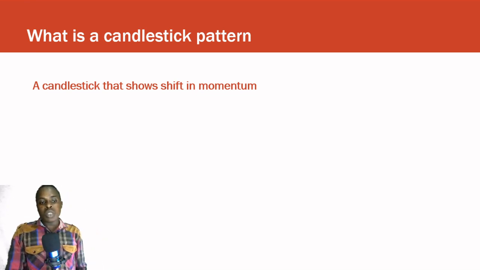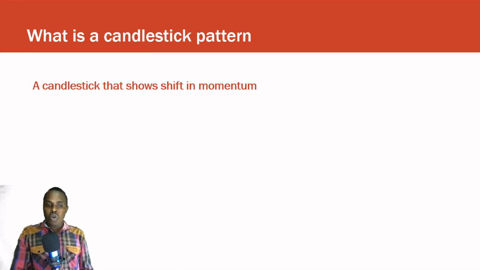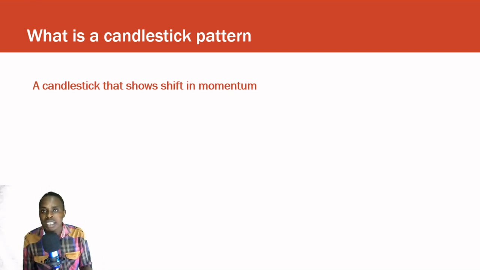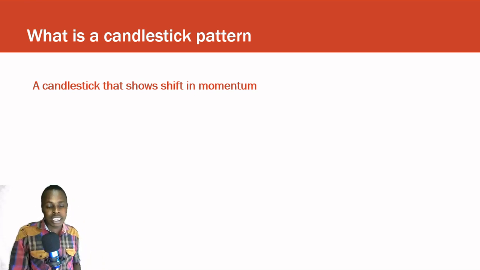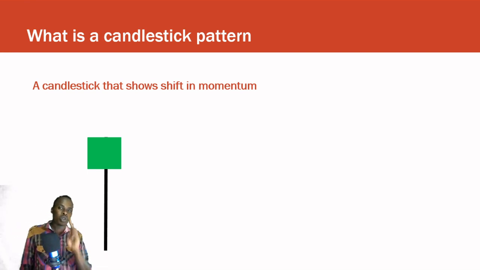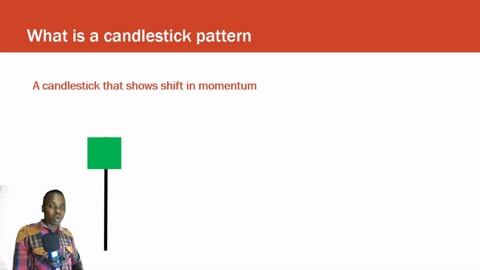So the candlestick pattern is what can show you the shift in momentum, or if the market is really continuing going in that direction, or if the market is really about to reverse. You use a candlestick pattern, right? Because there's a lot of candlestick patterns. The candles can come in different shapes, different forms, different sizes, but there are 2 types of candles that I want to teach you in this video, in this training. 2 types of candles that I want you to look at, right? Look at those 2 types of candles, and then make sure